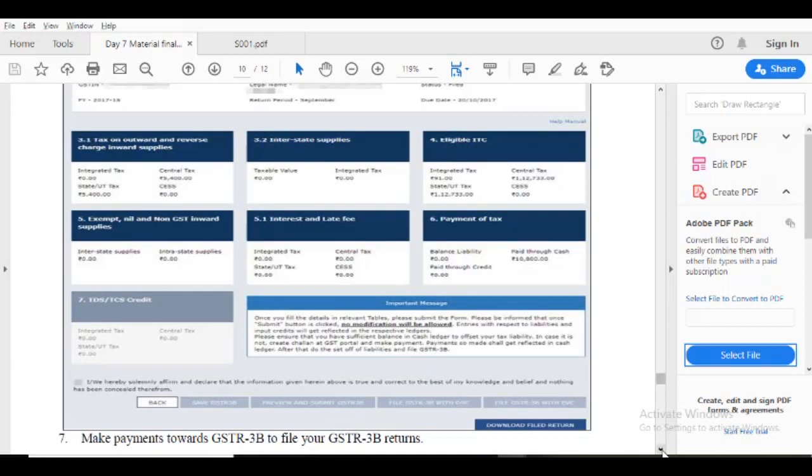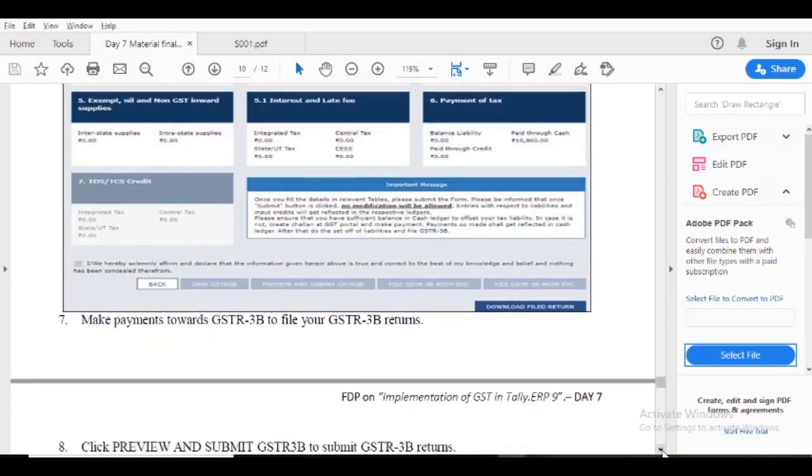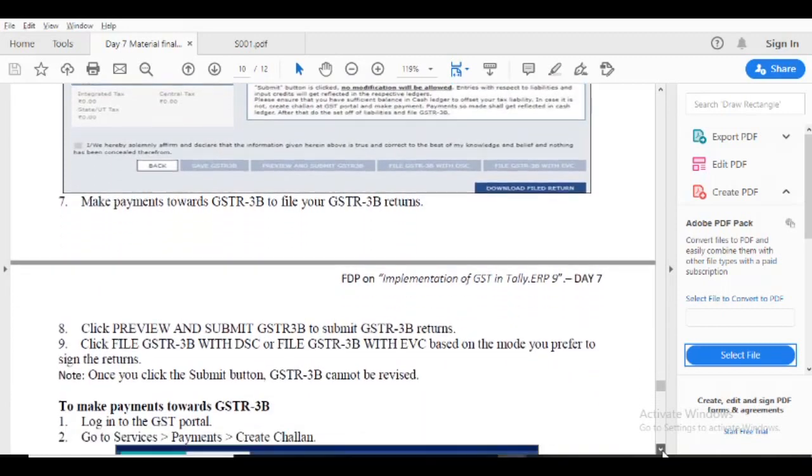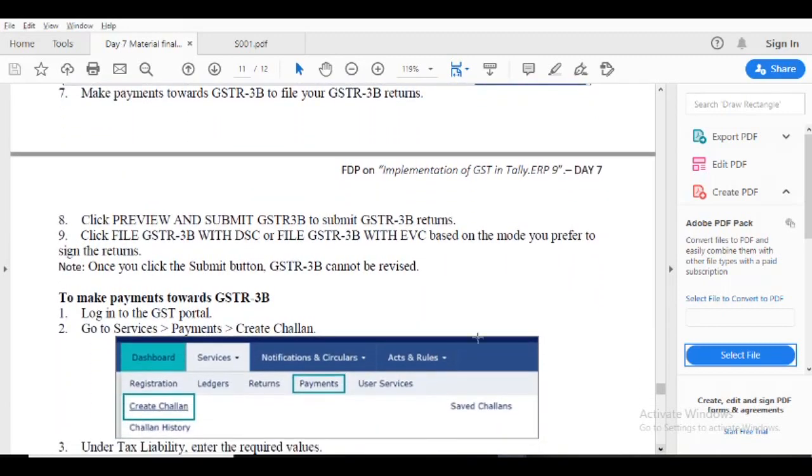How to pay and file? You also preview and submit GSTR return file. Click file GSTR3B with DSC or file GSTR3B with EVC based. EVC based also, DSC based also, digital signature certificate.